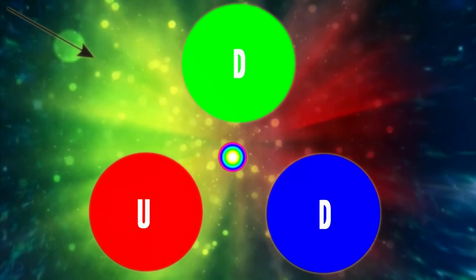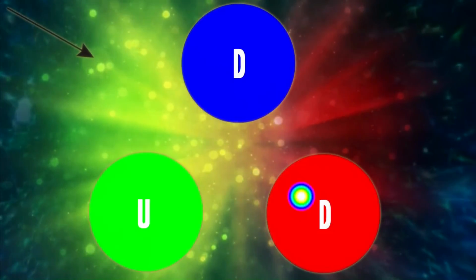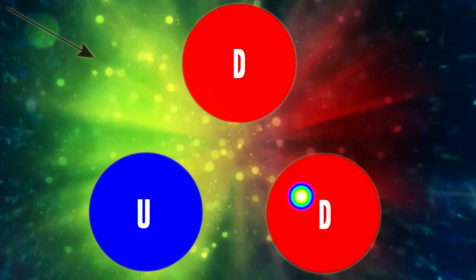So as it turns out, the exchange of color of the gluons with each of the different up and down quarks is what creates this extremely strong force. Since there are so many protons in the nucleus of an atom, it would make perfect sense for one to hypothesize that all the protons would fly apart from each other because of the repulsive electromagnetic force. However, this strong nuclear force overcomes all of this repulsion and keeps those protons together in every single atom.